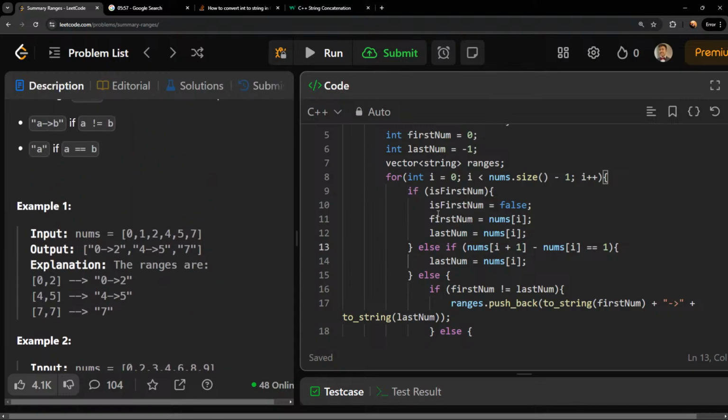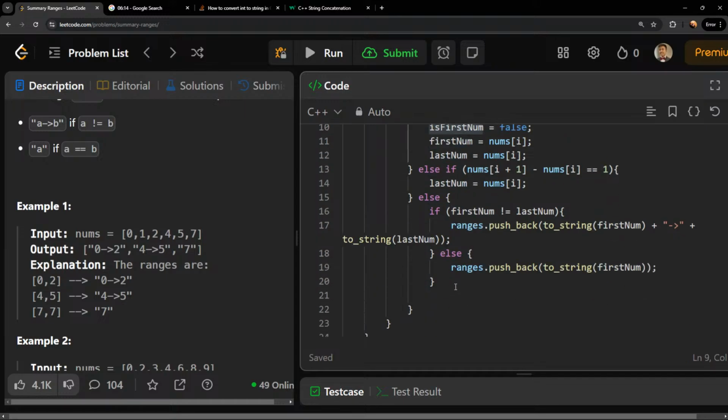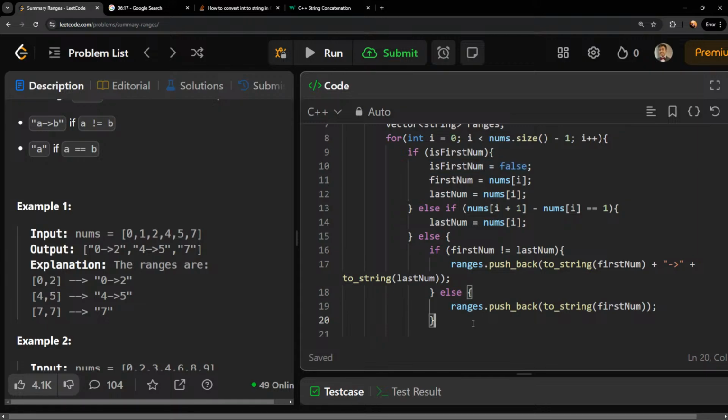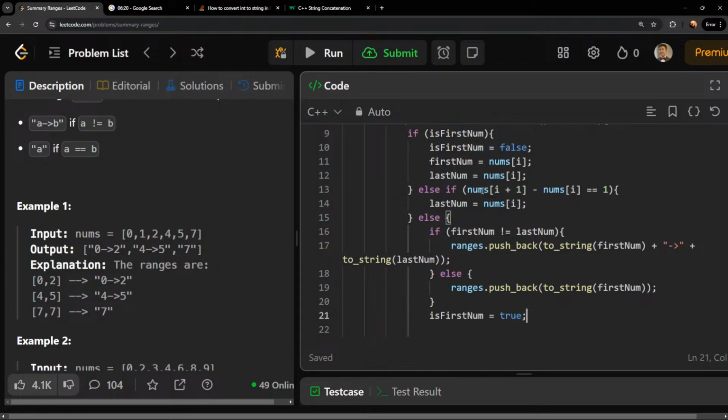okay, so let's run for example. 0 is first num, that's true. Then this is false forever. So first num is 1, first num is 0, last num is 0. Cool, that's fine. Next, this is false. Else if, oh, I need to make this true again. Else if nums plus 1, so I'm at 1 now. My nums I, so 2 minus 1, and last num is equal to nums at I, so last num is equal to 1